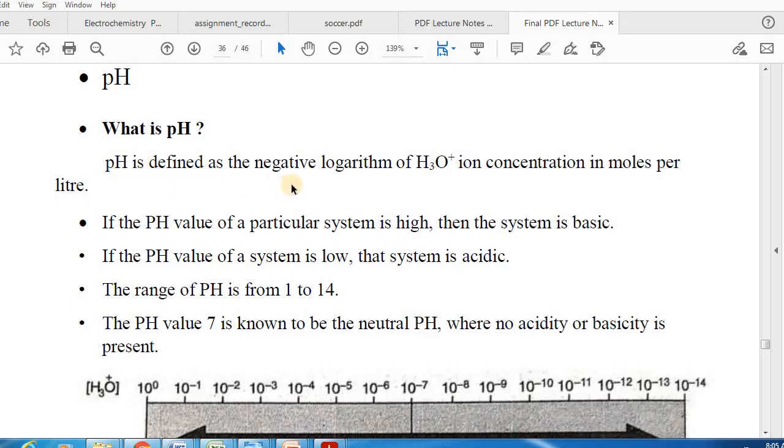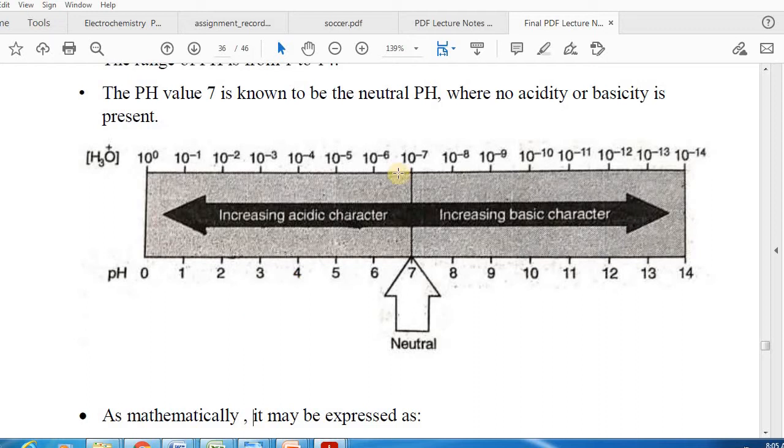pH of a solution is defined as the negative logarithm of hydrogen ion concentration in moles per liter. If the pH value of a particular system is high, then the system will be basic. If the pH value of a system is low, the system is acidic. Now the range of pH varies from 1 to 14. If the value of pH comes out to be 7, then that is the neutral pH where no acidity or